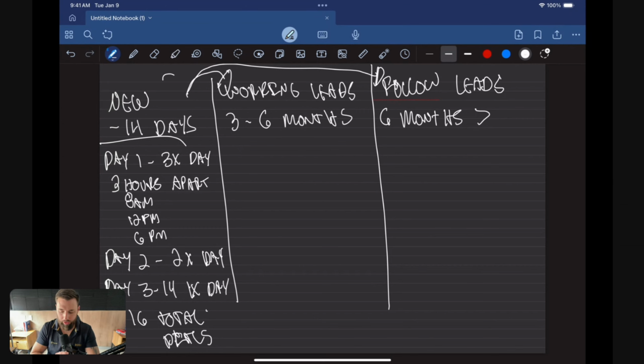Then we have our working leads. Okay. So my working leads, I want to call those 1 time per month. They're going to be 3 to 6 months out from selling. So I want to make sure that I'm calling those at least 1 time per month to make sure I'm staying on top of them, right? What I see a lot of people do is someone says, oh, I'm 4 months out from selling. And then they call them every week and they're like, no, I'm still 4 months out from selling, right? If you call them once a month, that's completely appropriate. A lot of times their time frame just changes. So it's going to be one time a month for them.